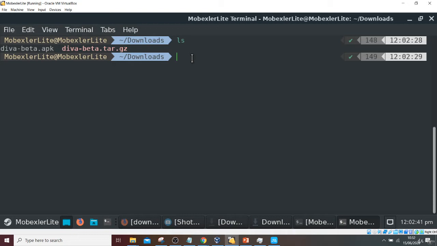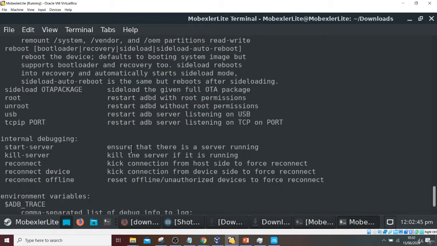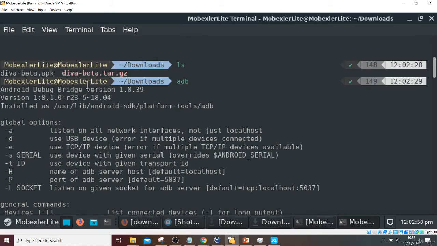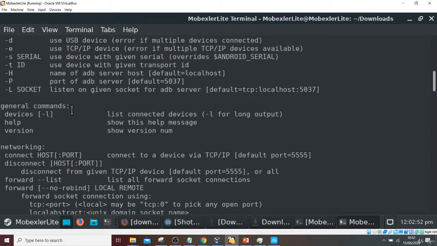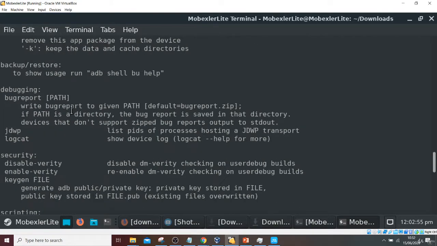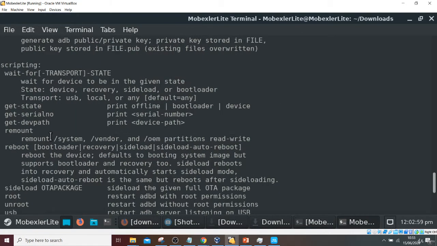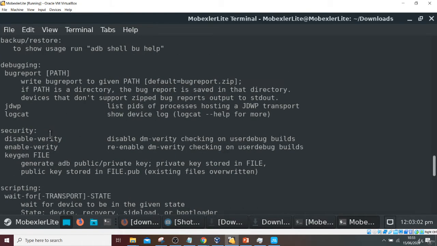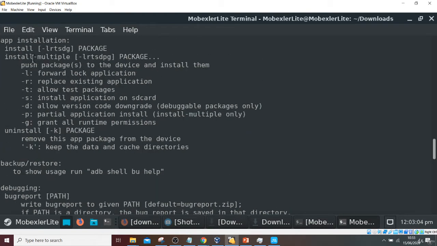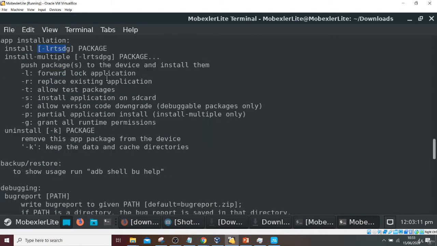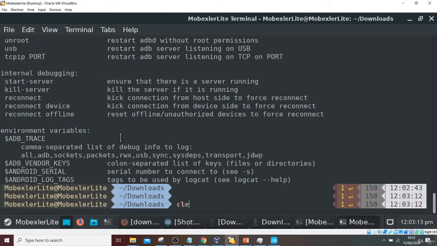So you can type adb to see the various commands which are provided by adb. So you can have a look at it, and you can understand what are the various usages of these commands. For now, we will be utilizing the install functionality of this ADB, where we will be installing this APK using ADB. So you can see using ADB, you have to write adb install, then the name of the application or the package which you are going to install. Fine. Just go for clear.